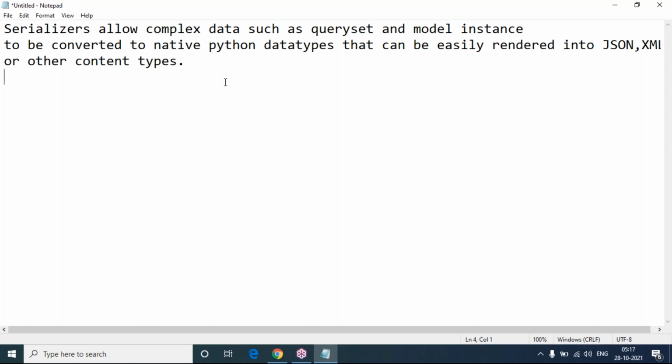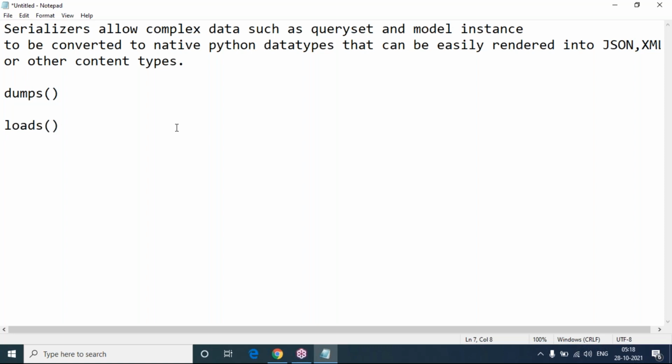For example, Python JSON is there. The most important thing is that two methods are there in the serialization concept: the dumps method and the loads method.